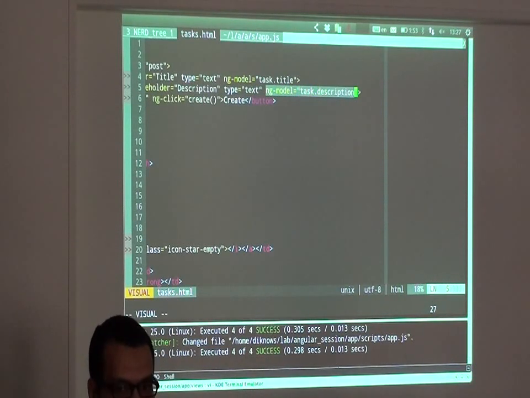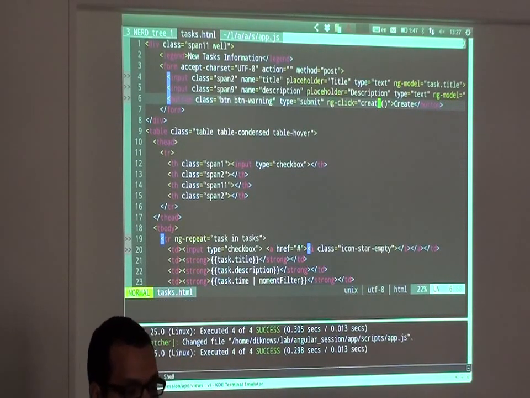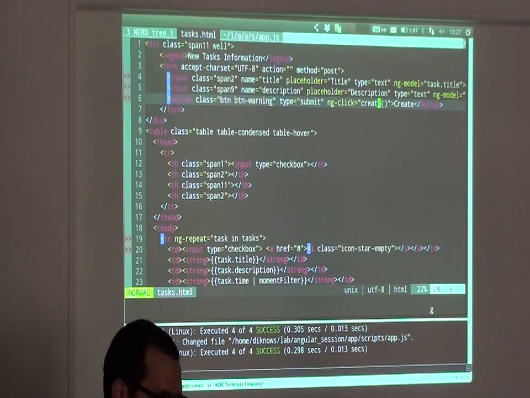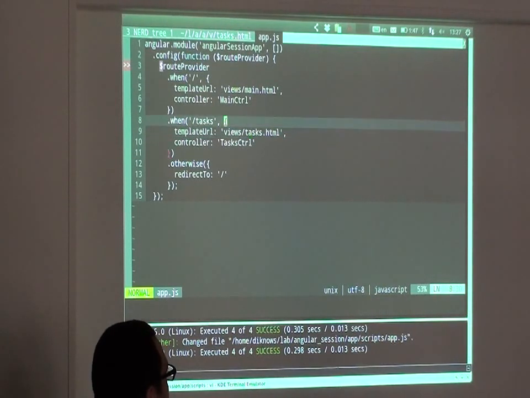Same here with task description. Here, create ng-click. That's a directive in Angular that when I click on that button, execute that function. That's the same function we have just added. Correct? Any scope that? Yeah, which is cool. Again, here, that is the app.js. I decided that this view goes with that URL and it will be controlled with that controller and the scope